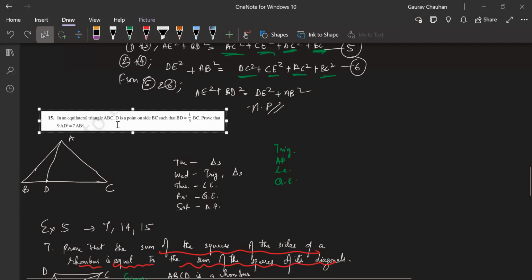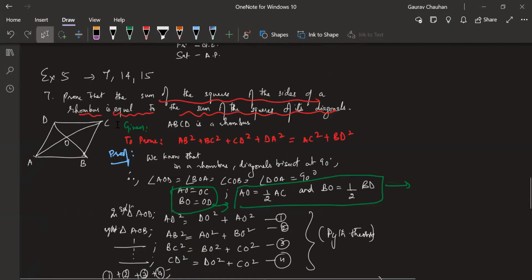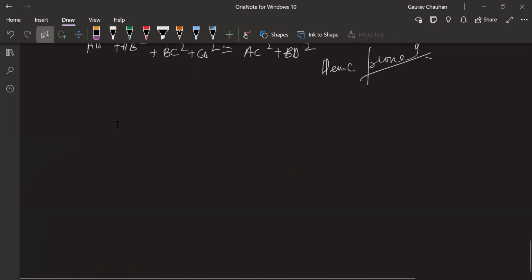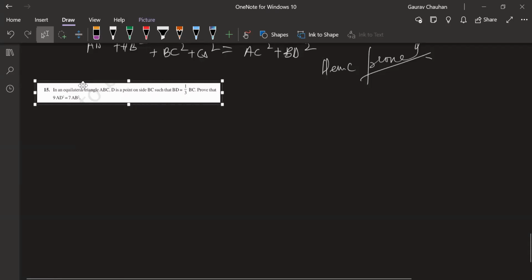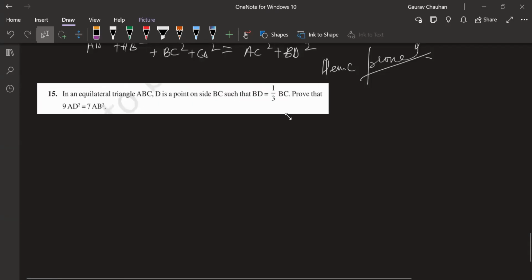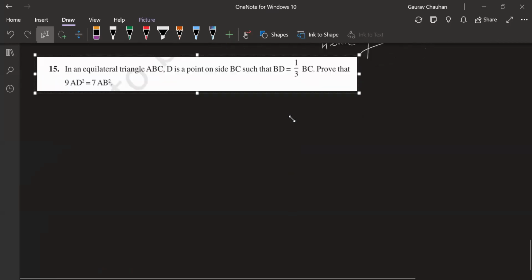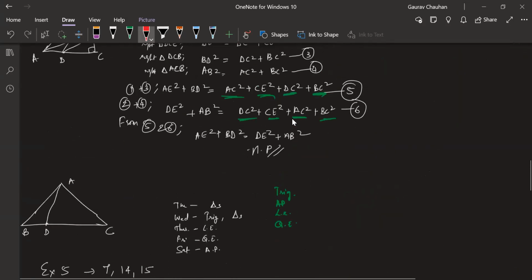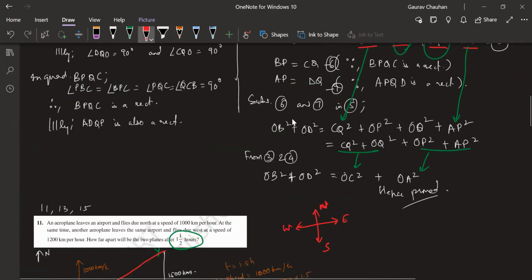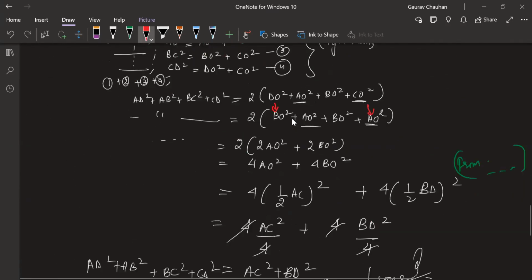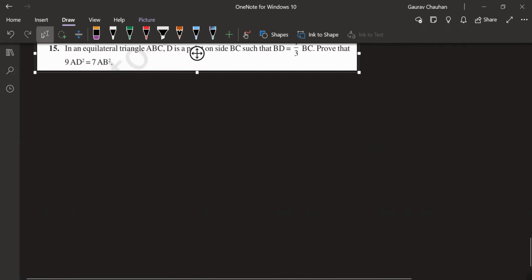Okay. Let's do this. Question number 14 is also a good question, but I think if we do both, we might not have sufficient time. Let's take one of these. Okay, let's take question number 15. This is because it actually uses an equilateral triangle. Now, there are some questions in exercise 4 also which use equilateral triangle. Actually, you know, let's keep this. We'll come back to this question. Okay, let's do question number 14 only. Question number 14 says what? Let me pull up that question.